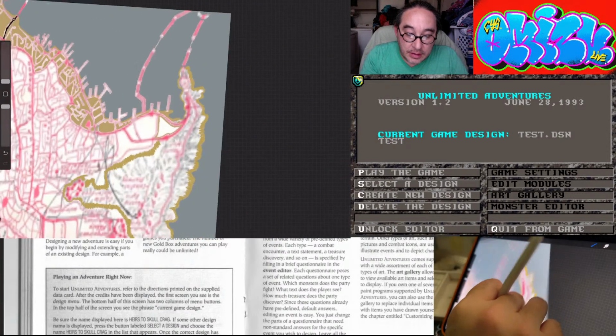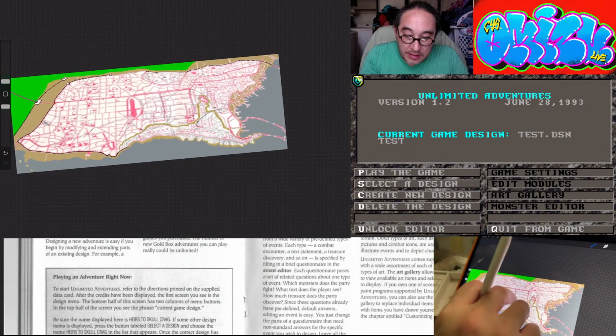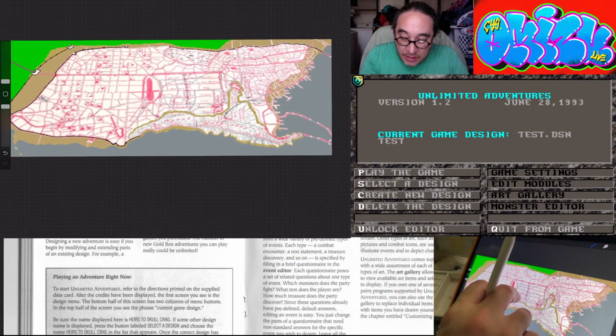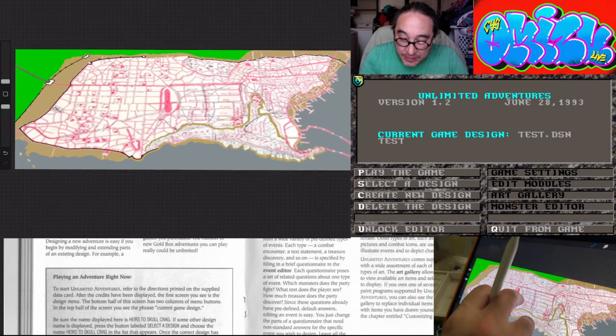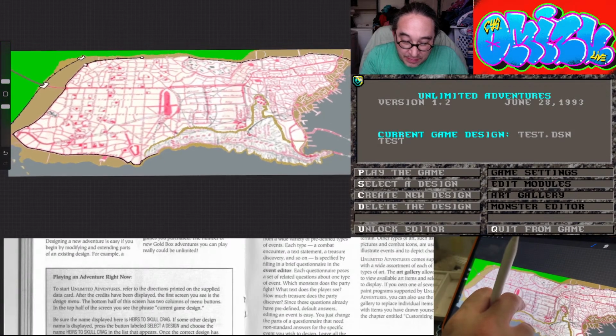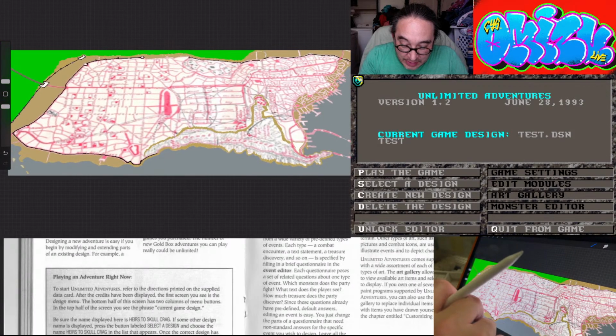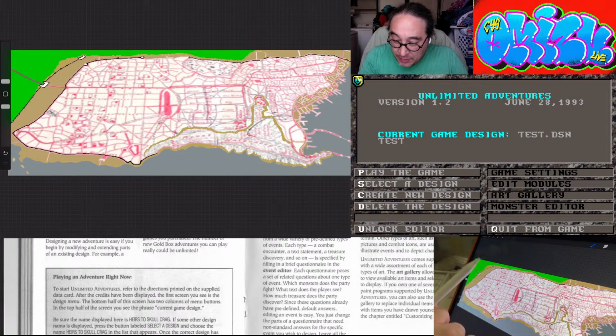I've pivoted to doing an overland map, which involves me copying a map of the city in the Forgotten Realms, Waterdeep. So I found this kind of basic line drawing, probably an old map of Waterdeep,